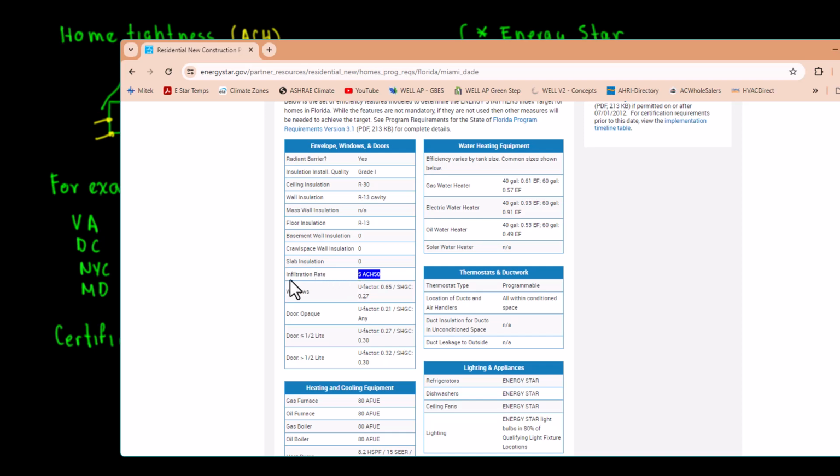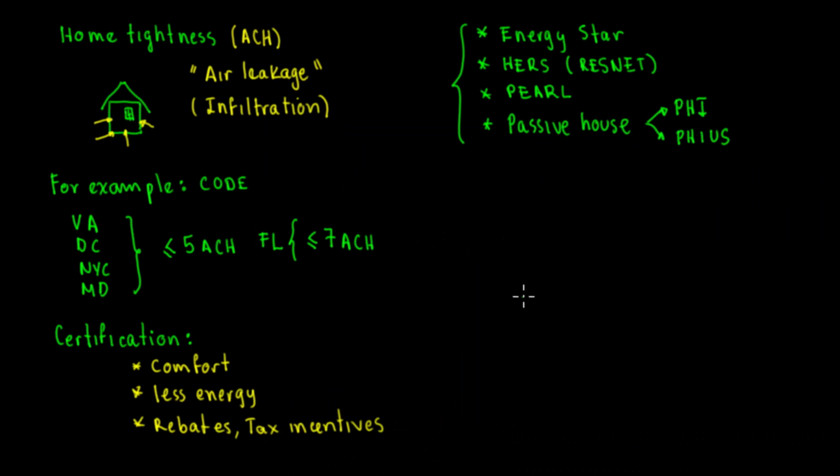Okay, let's analyze that example actually. So infiltration rate is 5 air changes per hour. Let's put in here that, okay? So we're going to put in here an example, because the most important part is the application, right? The application of the theory. Okay, example. So we're going to put in Florida. In Florida, what does code tell us? Code tells us that is minimum or at least 7 air changes per hour.